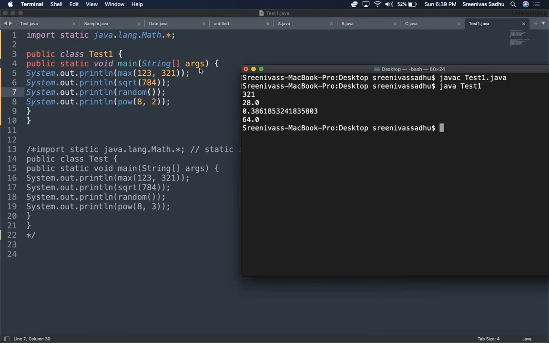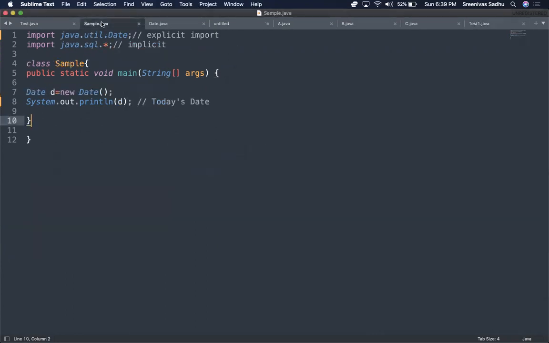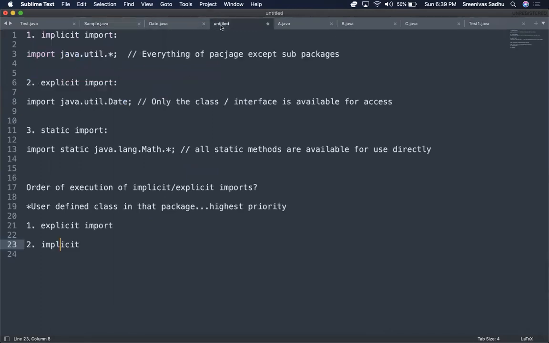With this, I think you have understood everything about explicit and implicit imports, with program examples, and also the order of execution. So what is the order of execution? Explicit has higher priority than implicit. And if we have a class which is defined in the same package, that overrides the priority of explicit also.